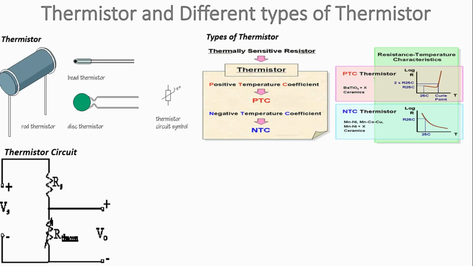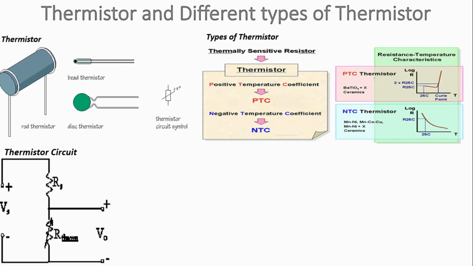Now the third one: this device is used to measure the temperature of incubators. NTC thermistors are used to measure and monitor batteries while they are kept for charging. And the other one, they are used to know the temperature of oil and coolant used inside automotive engines. This information is sent back to the driver in indirect ways.